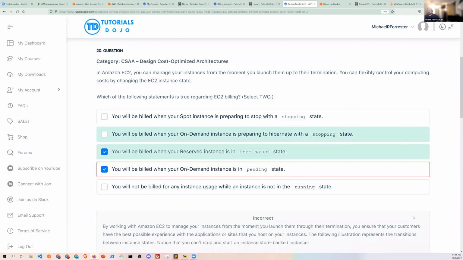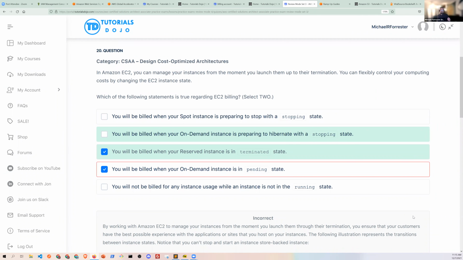Okay. So here's the interesting thing. You're going to pay for reserved instances, whether they're running or not. So that's a true statement about billing, because you commit to a 1 or 3 year period. Which means you're going to pay for that instance whether you're using it or not. You may say, why would I do that? Well, if you know for certain you have a server that's going to stay up for a year or 3 years and you want up to a 72% discount, that's going to be worth it. Imagine instead of paying $1, you're paying 27 cents, 28 cents. So C is definitely true. You're going to be billed when the reserved instance is in a terminated state.